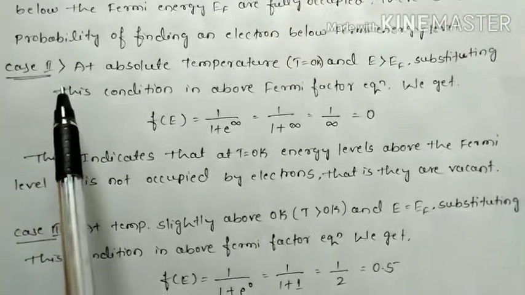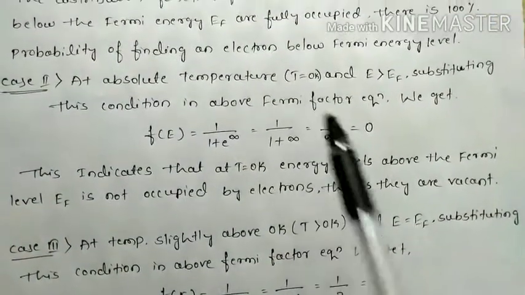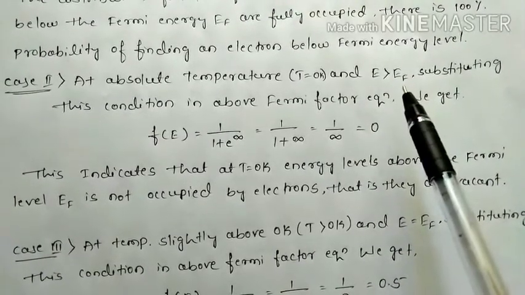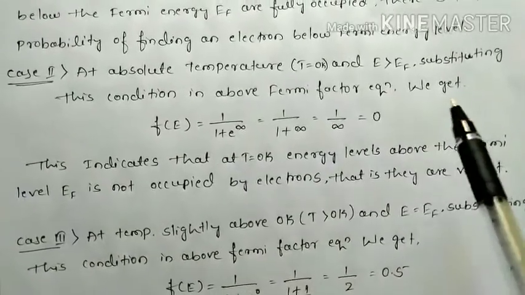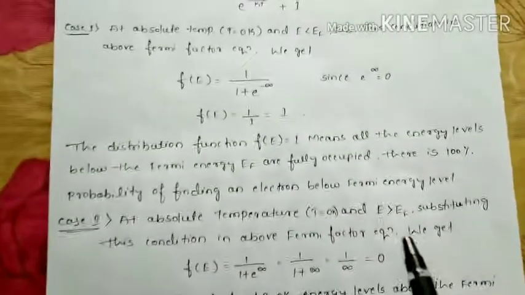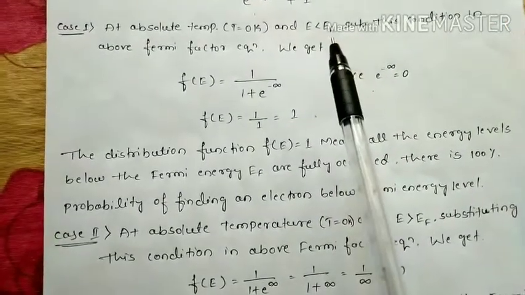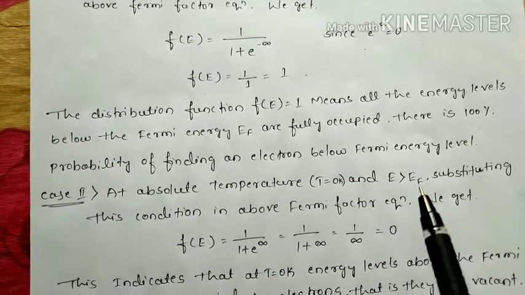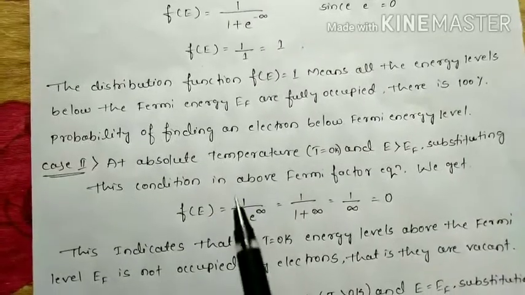Now what is the second case? The second case we take at absolute temperature T equals 0 and energy level greater than Fermi energy. Substituting this condition in the above Fermi factor equation, we get, in the first condition we took energy level less than Fermi energy, and here we are taking energy level greater than Fermi energy. So when we substitute T equals 0 again, f of E equals 1 divided by 1